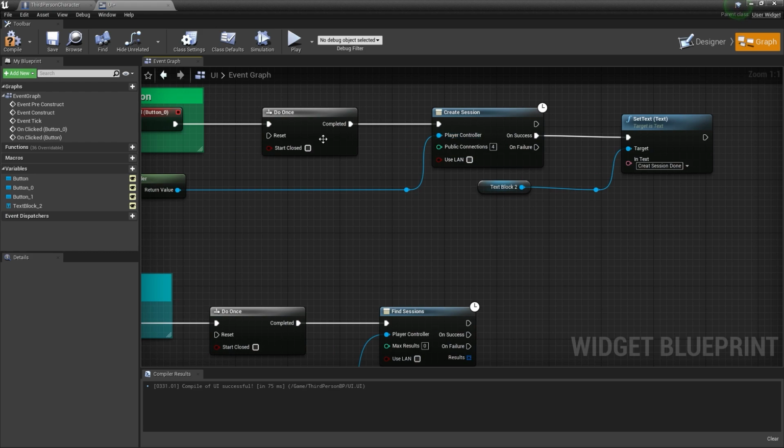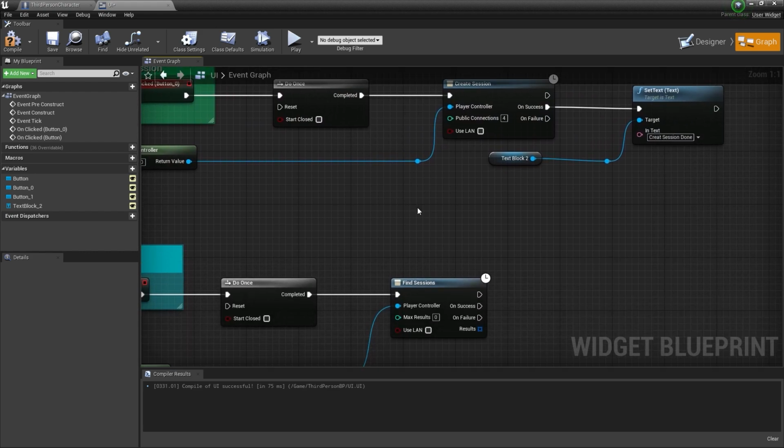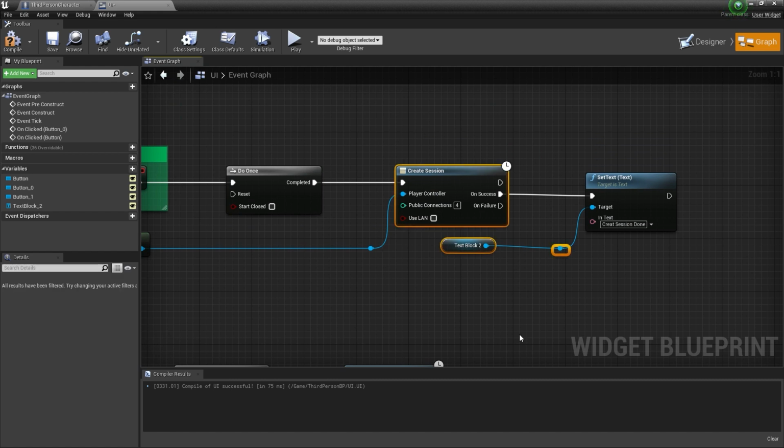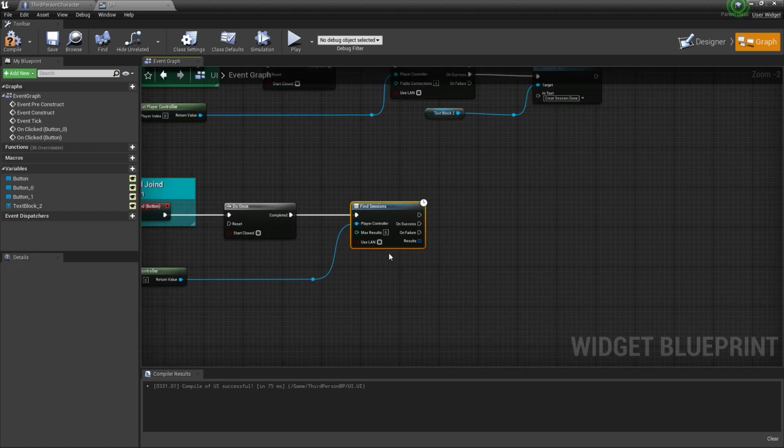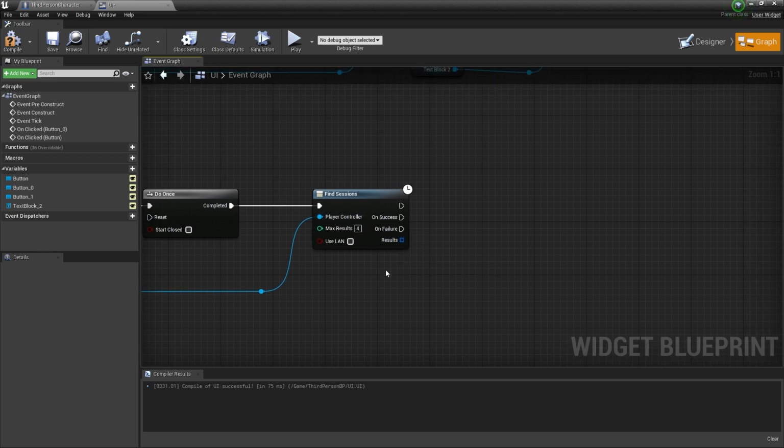Here is the Maximum Results. Just think there are 20 players, and from the 20 players, 5 players are creating sessions. So there are now 5 sessions, so we need that 5-session list. That's why there's a maximum result, how big a list we want. So for now let's give it a maximum of 10, or you can also use the same value, 4. Don't need to use the Len.